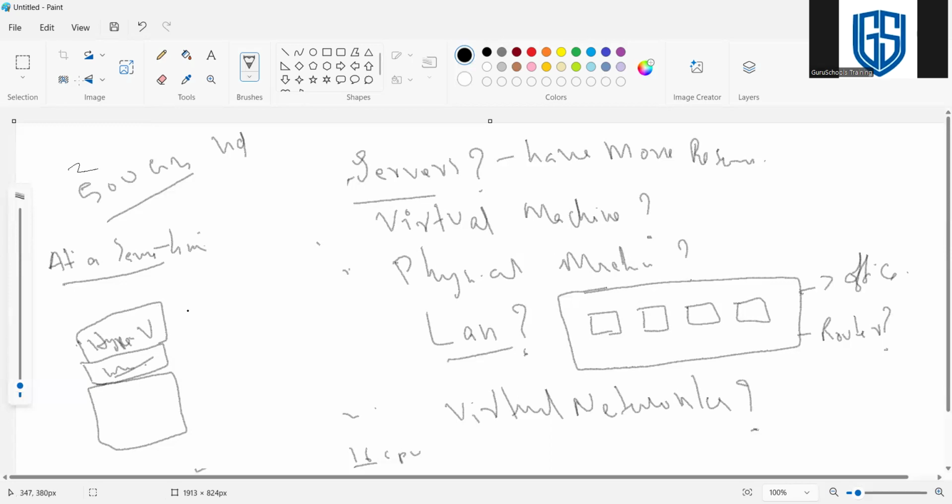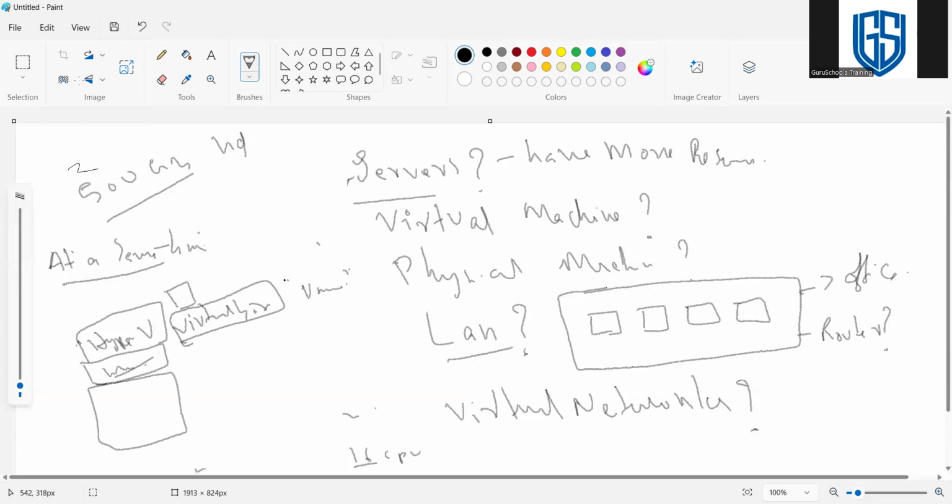Then VirtualBox, another one. VirtualBox is another virtualization tool we install on top of the operating system. These tools we can easily download from the internet, and on top of Hyper-V or VirtualBox, we can install virtual machines. Even VMware we can install on top of the operating system.